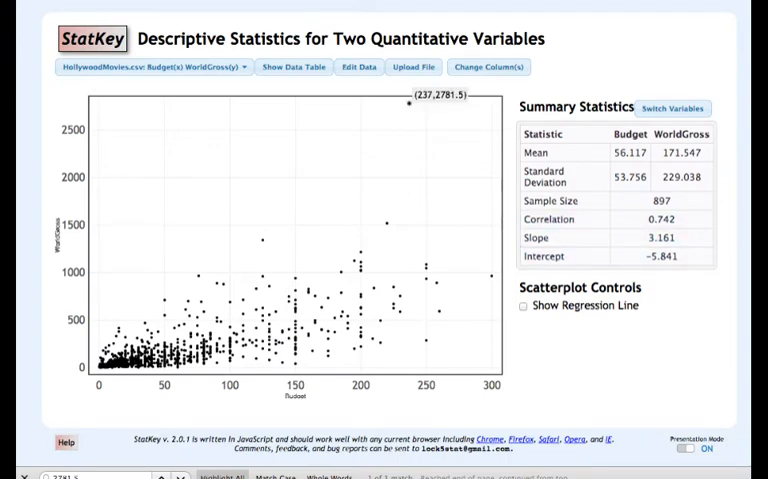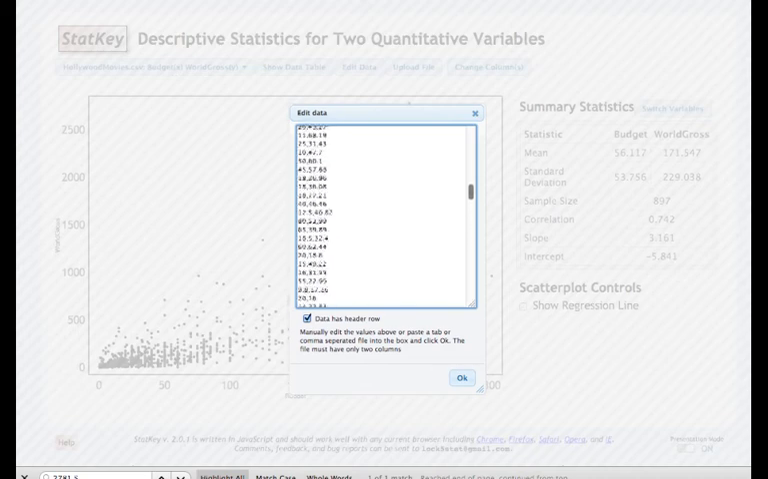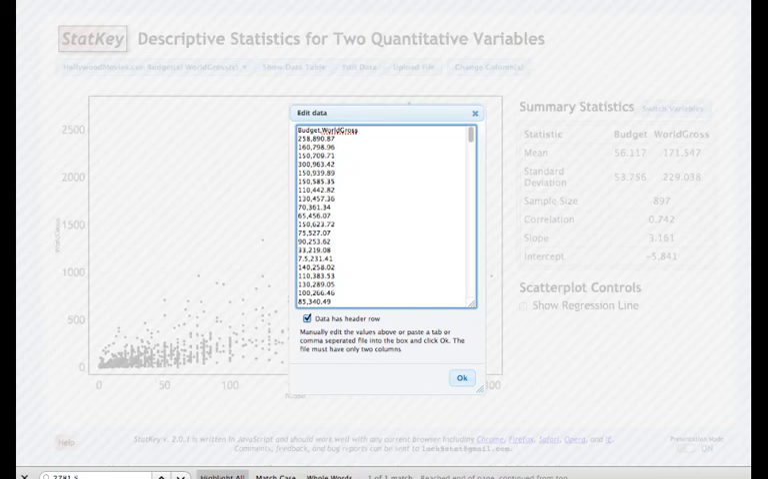So if we recall, that was up here at 237, 2781.5. Remember to click on this Edit Data button in order to remove a value. And it's hard to find that in the list by just scrolling because this has about 900 ordered pairs in it. So what I recommend doing is a search using Control F. If you hit Control F on your keyboard,